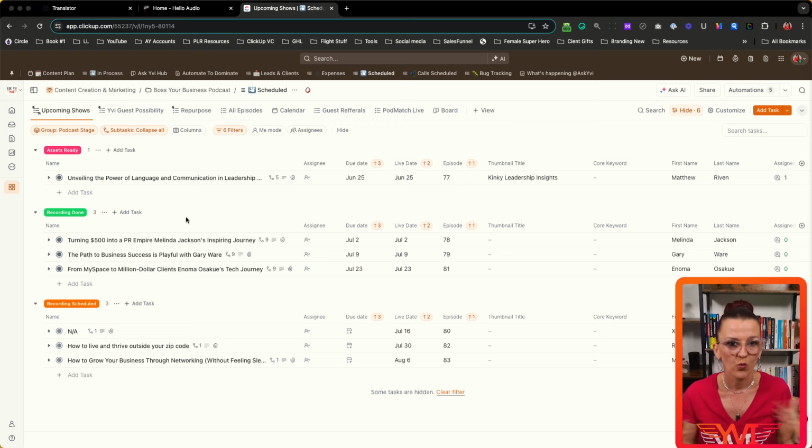And then you can easily manage all of those ideas and the follow-up and when things are going out using my podcast production template right here in ClickUp. As you can tell, I can easily see where certain podcasts are at. We have the numbers, so which podcast episode is it? When is it supposed to get published? A couple of things that need to be done for this. In this case, we do have guests on it and leaders that share their knowledge. So with that, there's a little bit more going on. You don't need quite as much if it's just you updating your team. However, this podcast template within ClickUp makes it really, really simple to plan out your podcast trainings, your private podcast